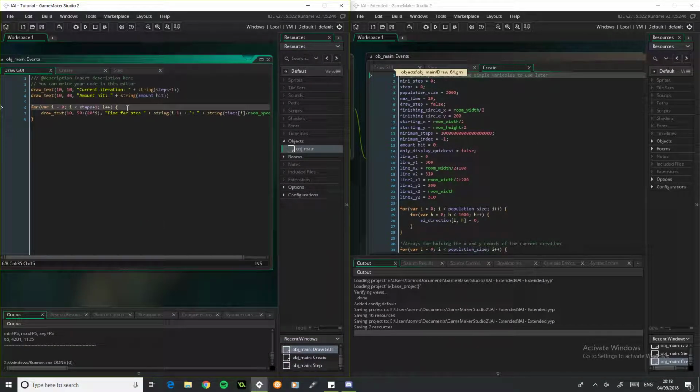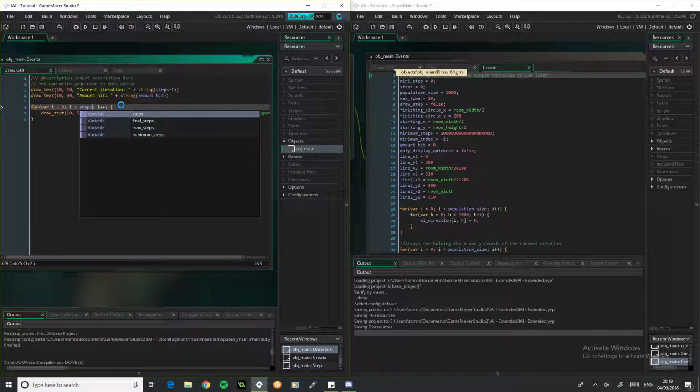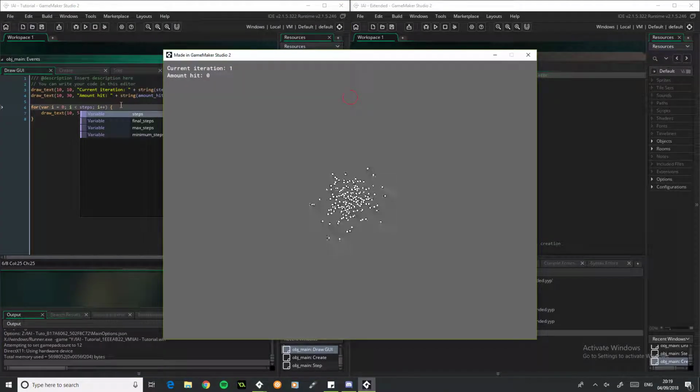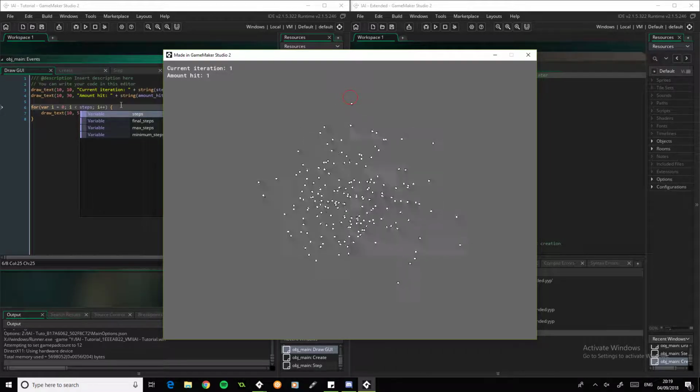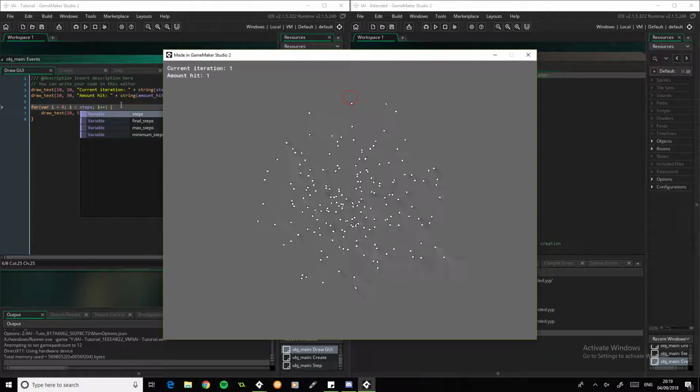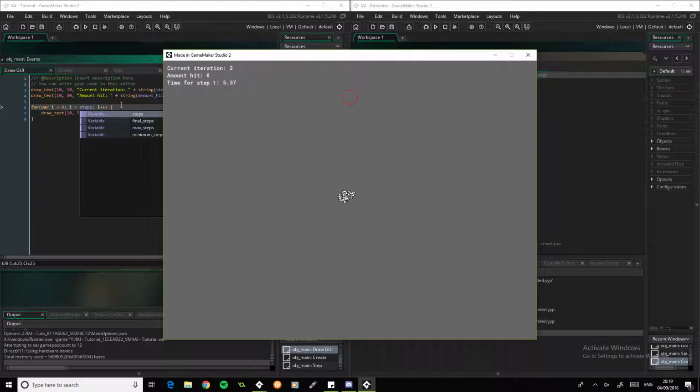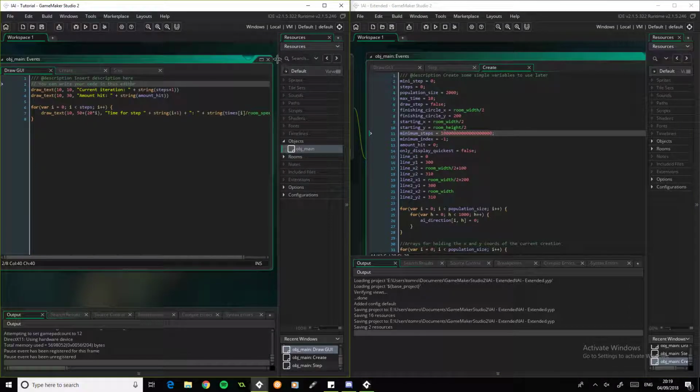So let's get rid of the steps +1. Yeah, there we go. I think that would do it. I'm not entirely sure why we put steps +1 in the first place. Oh, I think it was so that it could do it quicker. Yeah. Okay, so there we go. That's making it a little bit nicer. So 5.37 seconds. Yeah, basically if we kept this running, it would just keep getting more and more efficient until